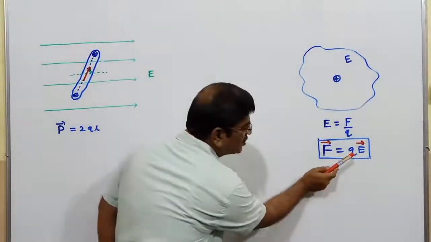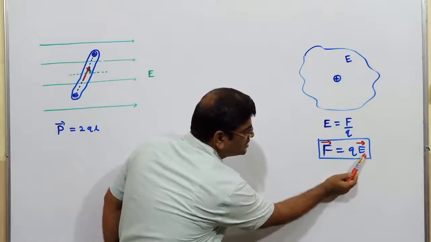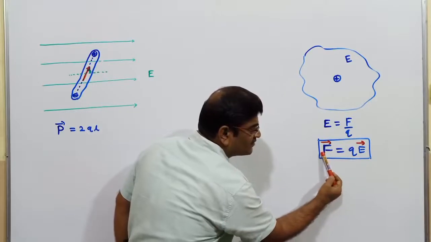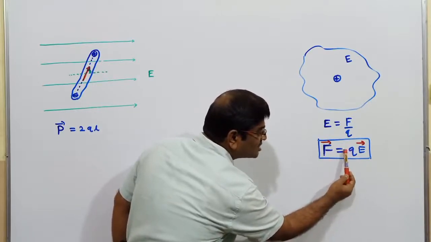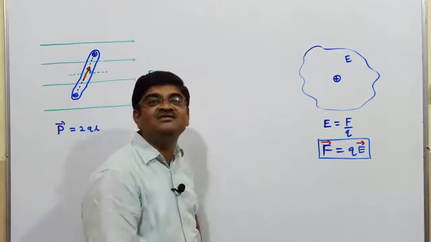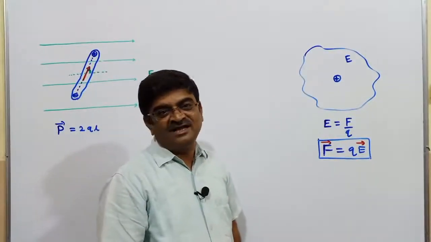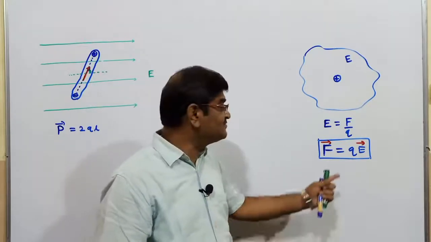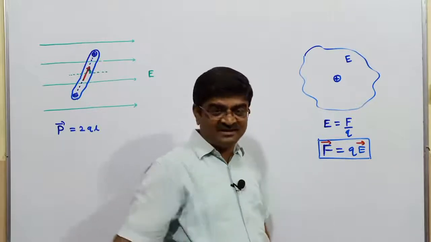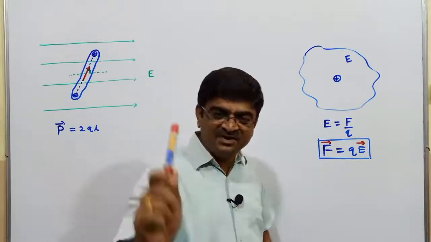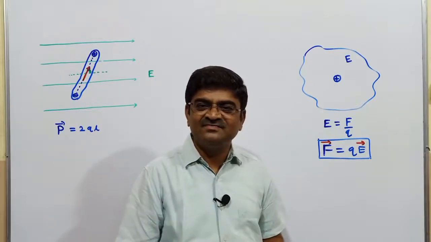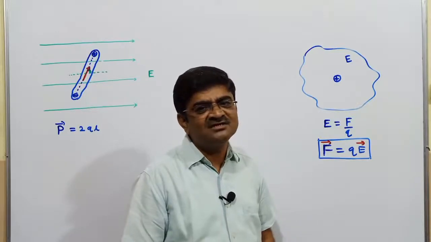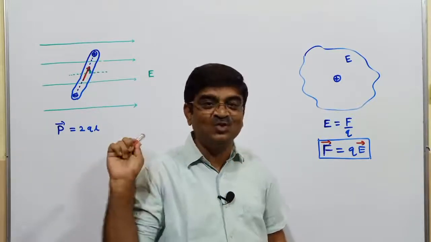Whereas if the charge is negative, I'll have a negative sign here. These two vectors, these two sides, are of equal magnitude, Q into E. If I have a negative sign here for the charge, that would convey to me that the direction of force is opposite to intensity, when the charge is negative. So let's remember that. A positive charge experiences force in the direction of intensity. A negative charge experiences force in the direction opposite to intensity. So I need to have this basic information to go ahead.